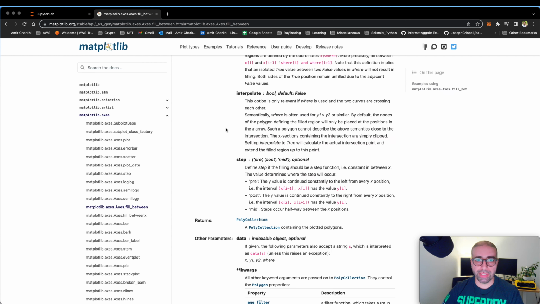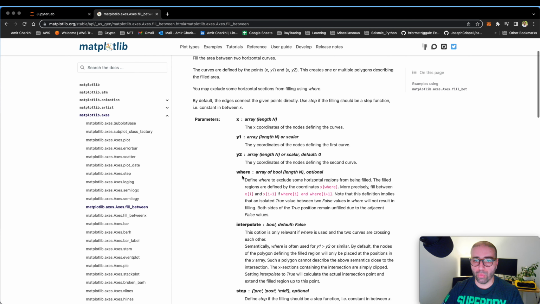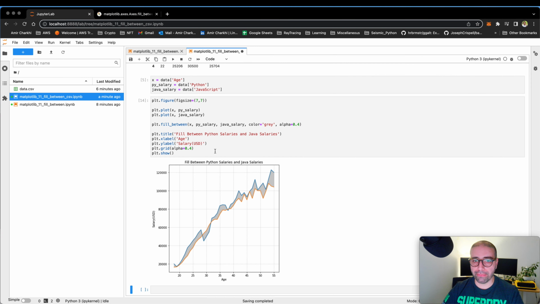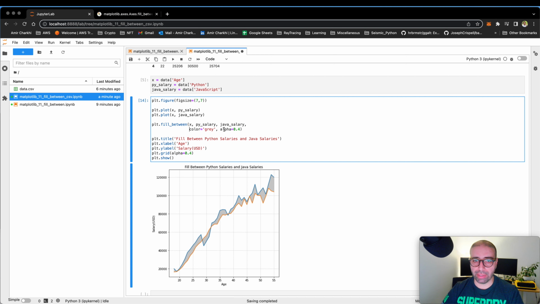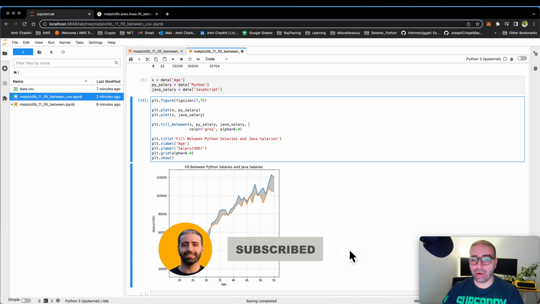One of the arguments for the fill between was where. So you can use the where condition to draw lines on your fill between. For example, I can say, I want you to draw a line between X, which is the age, Python salaries, and Java salaries. So I want you to do the fill between, but I have a condition. Let's move the aesthetics to the next line. My condition is going to be, I want you to fill in between these two line plots, the blue and the orange, if they are above